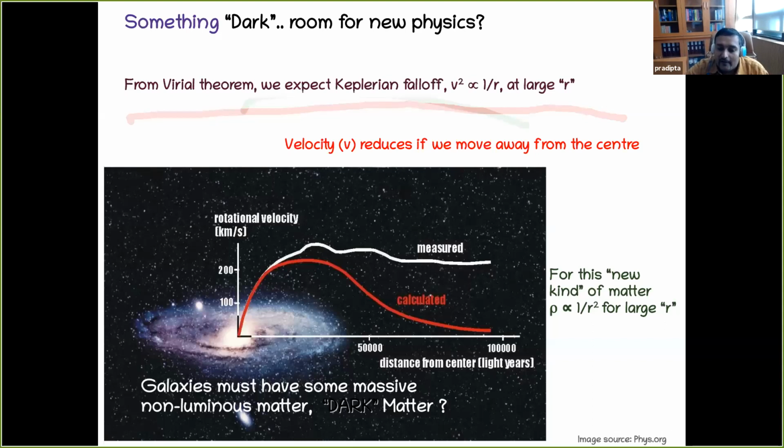Now, a word of caution: there are several explanations for this particular observation, but in the context of particle physics, we consider particle dark matter. So we would like to look for some beyond-standard-model particle which may act like dark matter, that is stable. They are not decaying. Although to be very precise, if you are having a reasonable